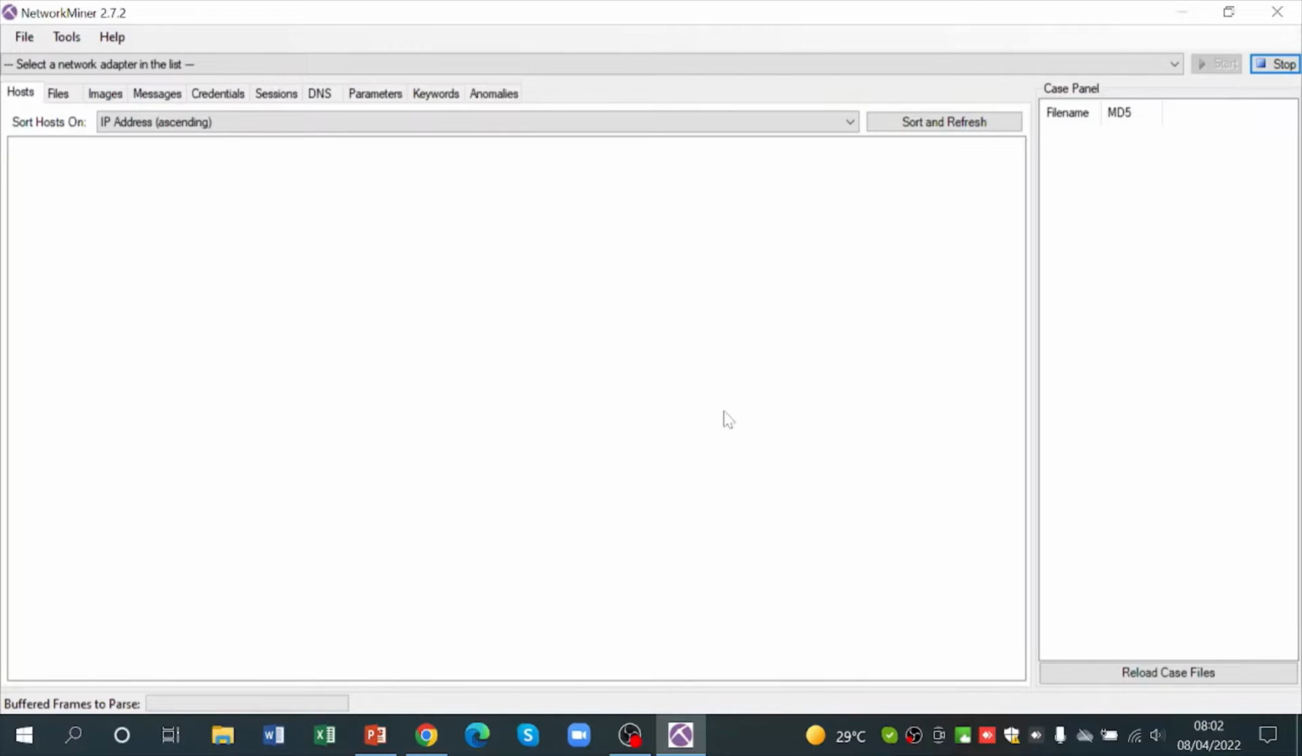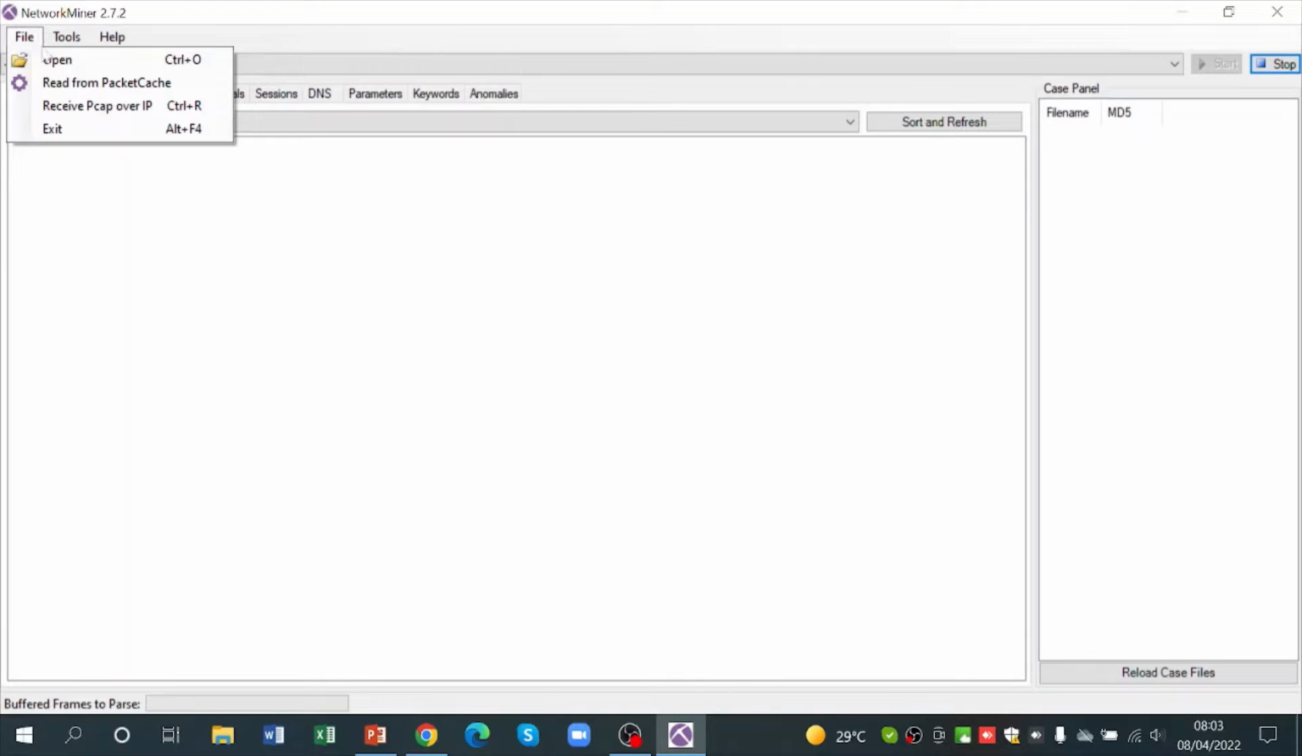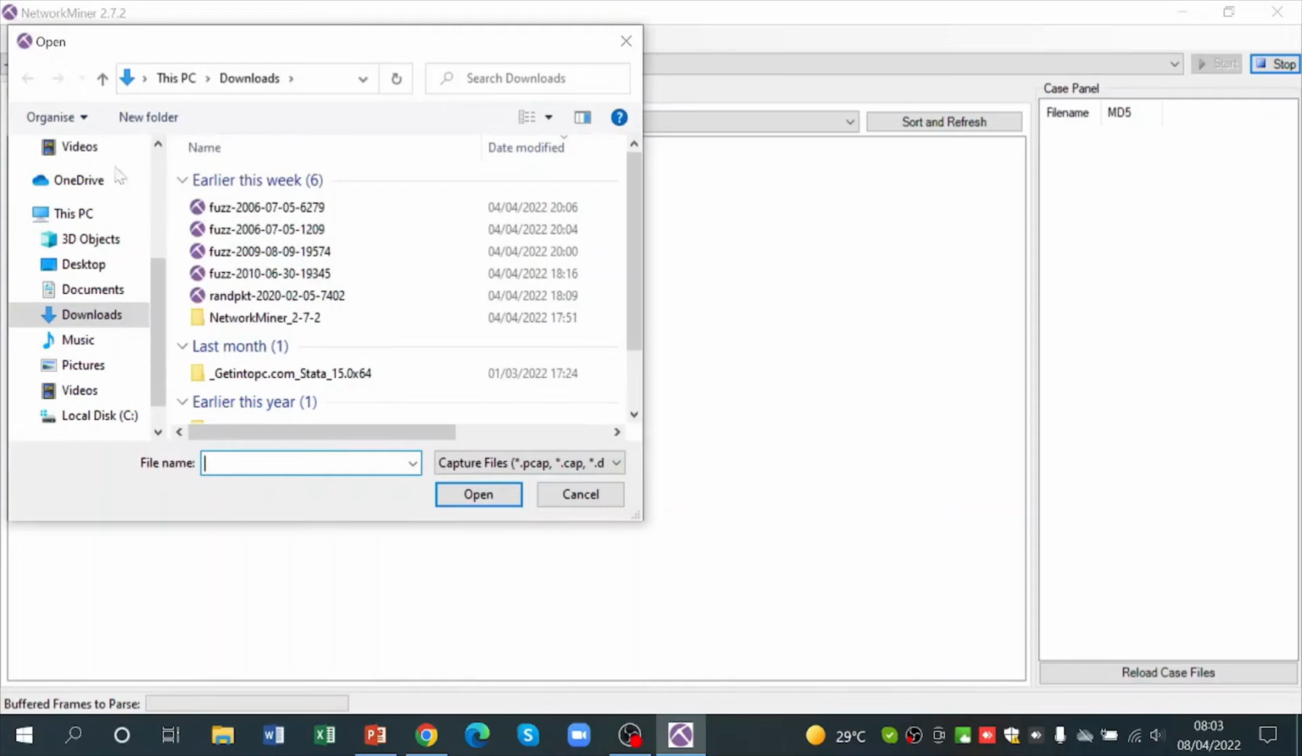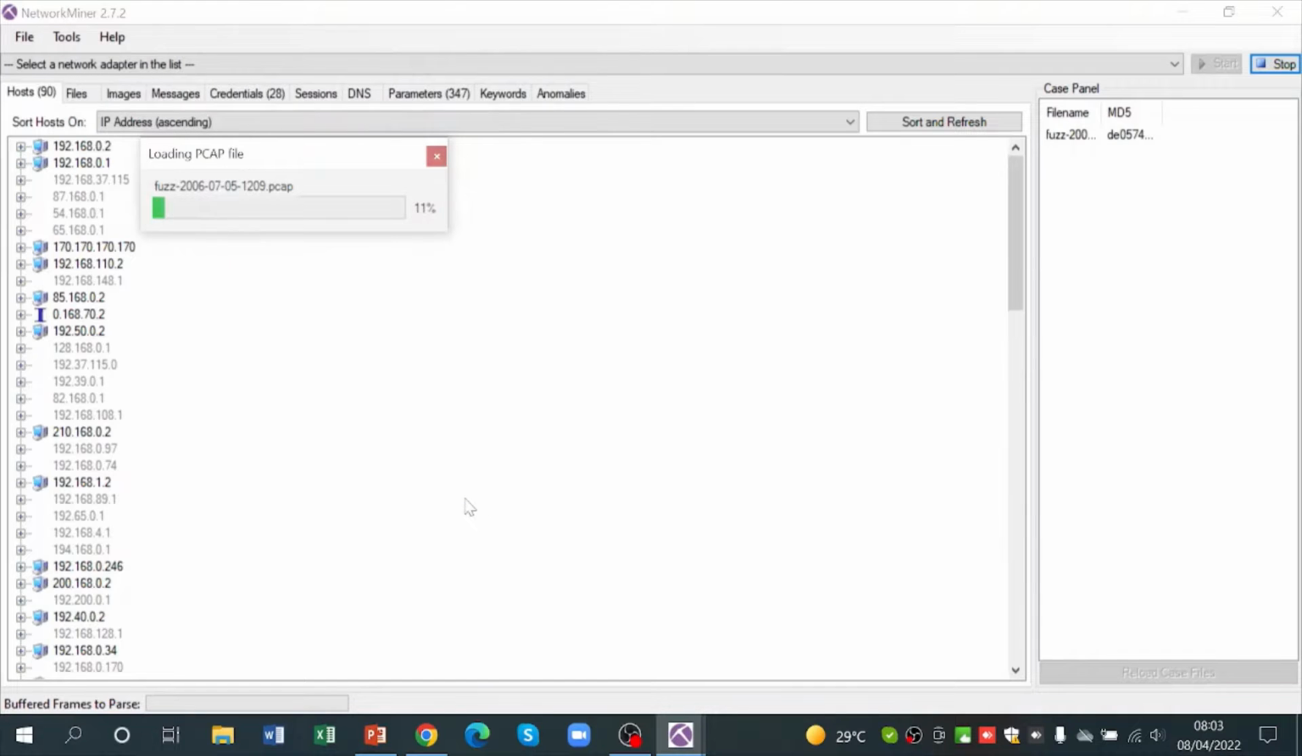So now we have our NetworkMiner open here, and then we are now going to open the PCAP file. So you just say File, and then you click Open. And then my PCAP file is in my Downloads folder, so I just open it. So once it's open, the file begins to